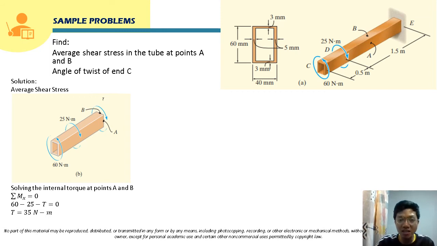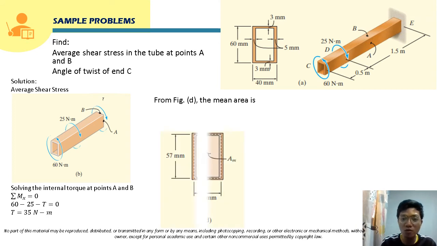Take note, class, that this internal torque is the torque at points B and A, or at the cross section wherein points A and B are located. This is the torque that we are going to use for the computation of the shear stress in this cross section. Also, to solve for the shear stress, we need the value of A sub M, which is part of the formula. A sub M is the mean area enclosed by the center line. In this case, if you are going to establish the center line, the center line here will be the center of this 3